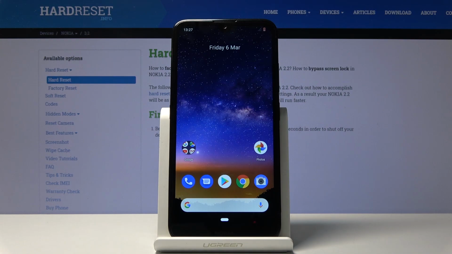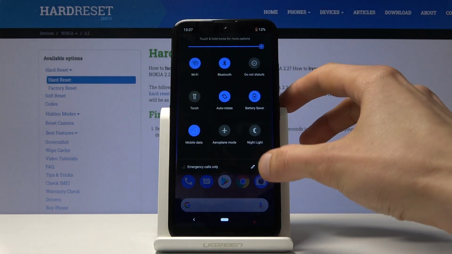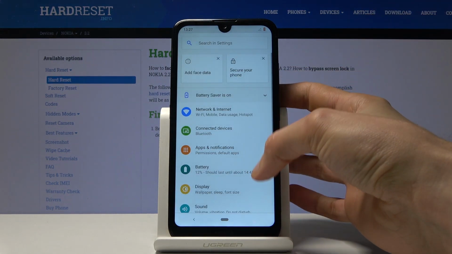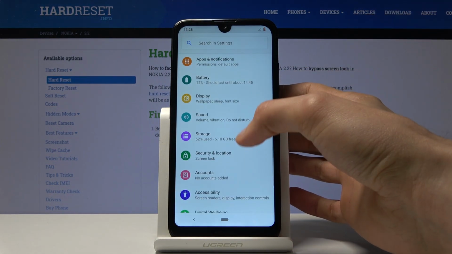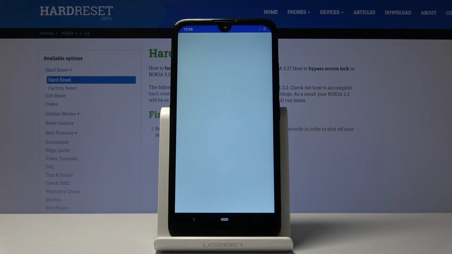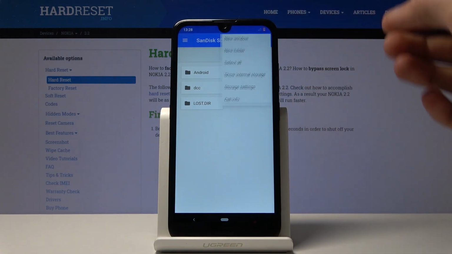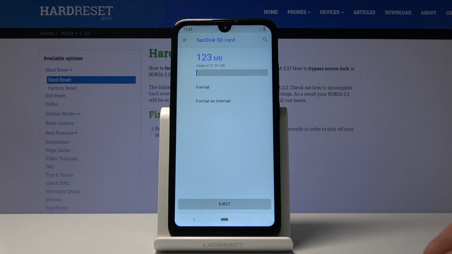In front of me is a NOKIA 2.2 and today I will show you how to format the SD card. So to get started, let's open up Settings, and from here go into Settings or Storage, and you should see your SD card at the bottom, so tap on it, and once you're in the SD card itself, you want to tap on the three dots right here and go into Storage Settings, where you should